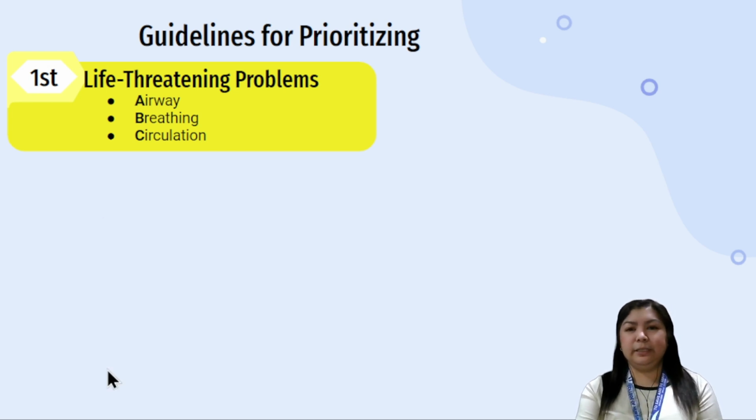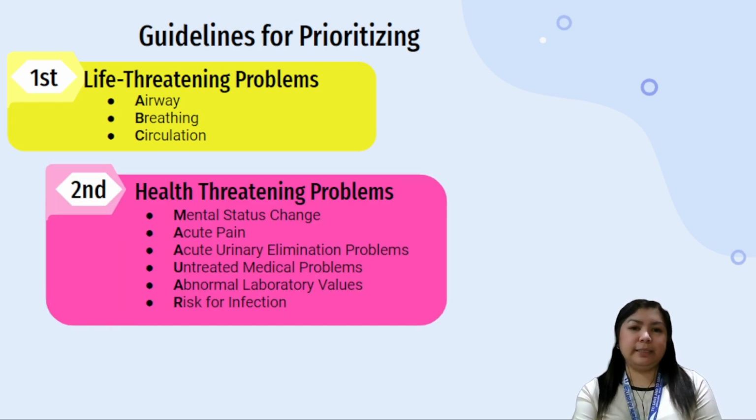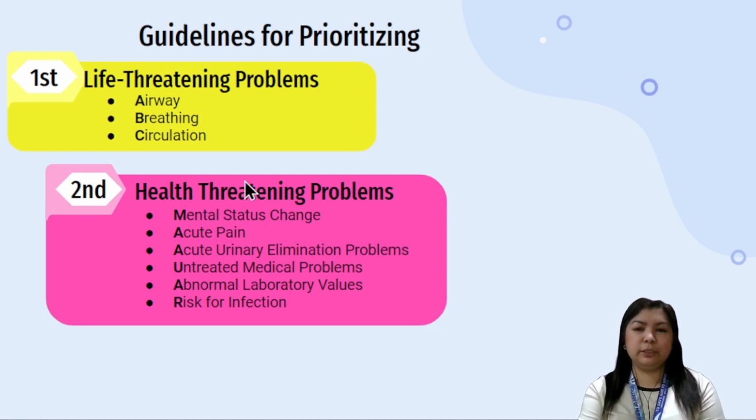Okay, so these are our first priority problems, or we call them life-threatening problems. Those are situations which can kill your patient. Next, you have second level priority items called the health-threatening problems, which includes your mnemonic